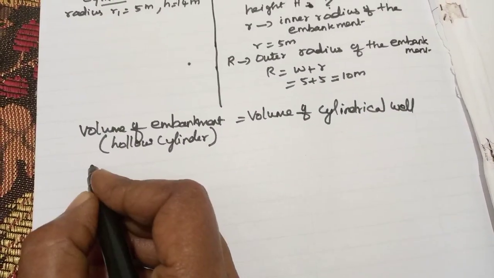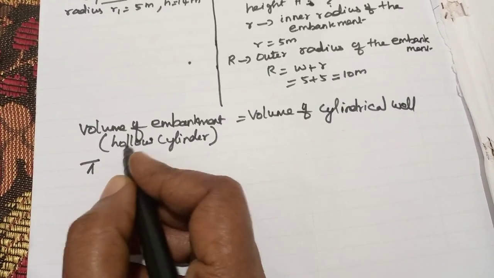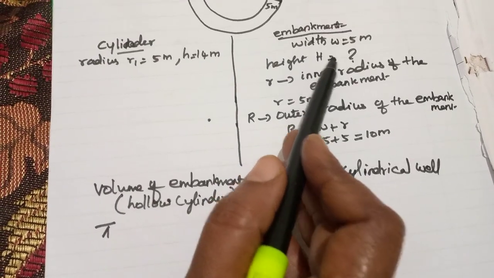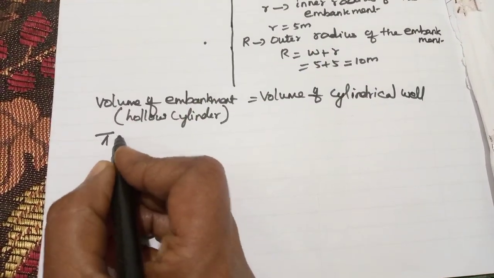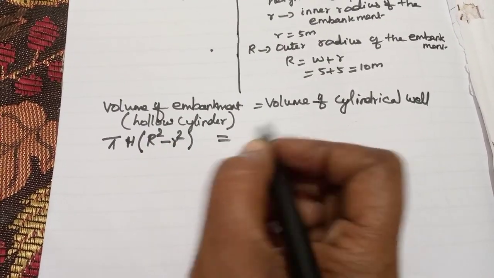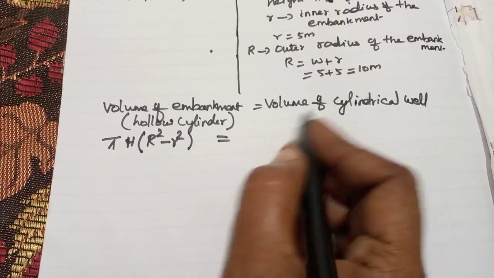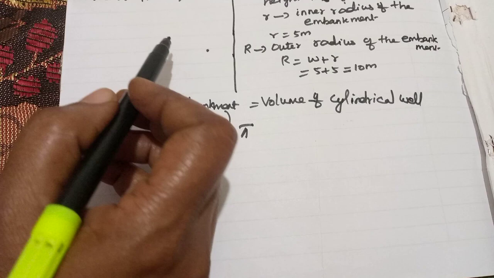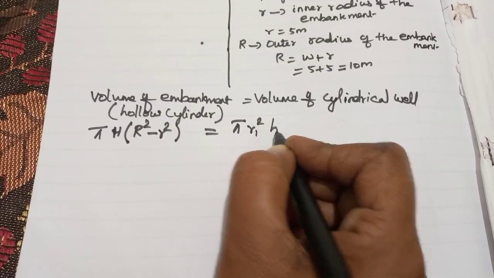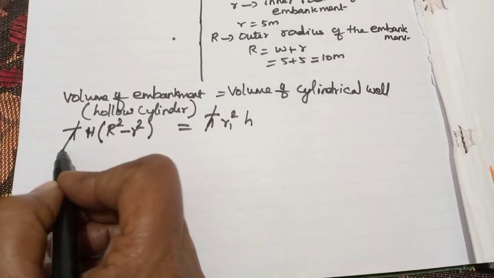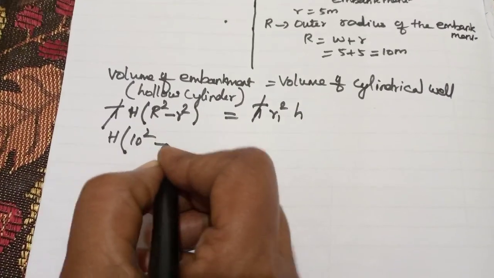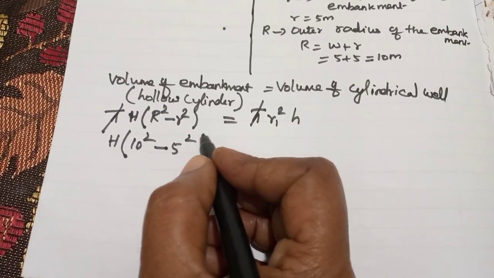Here, volume of hollow cylinder formula, do you remember? Pi into capital H, we have taken capital H for the embankment height, into capital R square minus small r square, equal to volume of cylinder, which is pi R1 square H. Pi on both sides can be cancelled. Remaining H into capital R square, 10 square, minus small r square, 5 square, equal to,